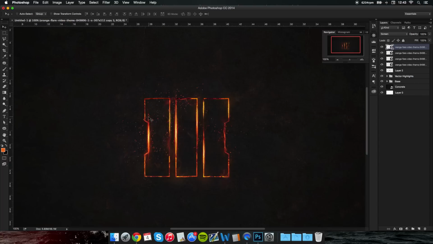I'm going to make this one really small, like so, and put another one over here. Perfect. Okay, so now that we've added the flares, what we can do now is highlight those flares and make a new folder, name it flares,